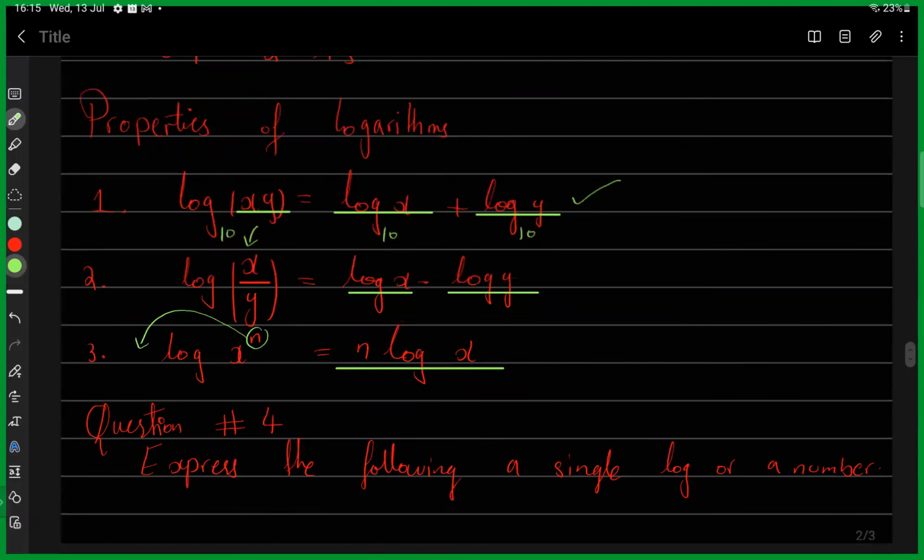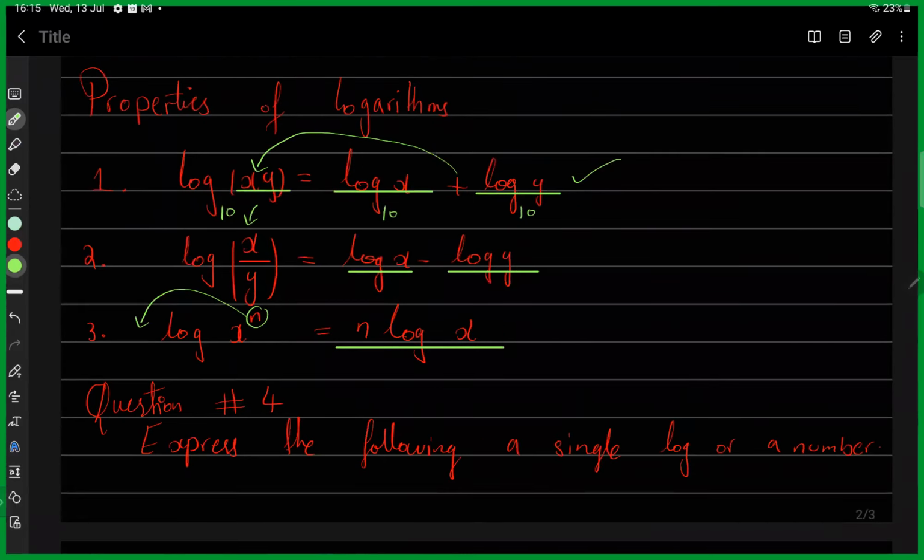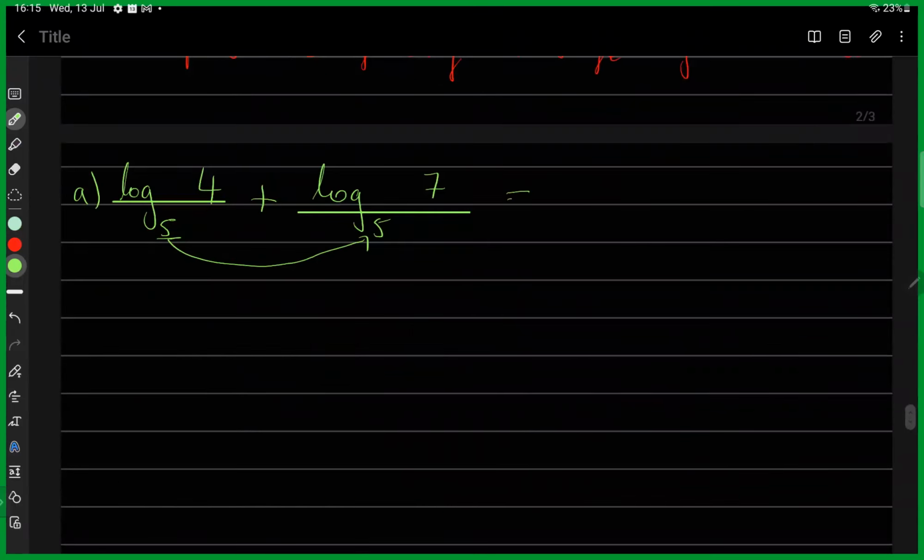When we have the same logs and a plus sign, we can write it as a product with one log only. So I can write this as log base 5 of 4 multiplied by 7, which gives me log base 5 of 28. I'm not sure about its numerical value, so I would just leave it as a log. But if I talk about the second part of the question,